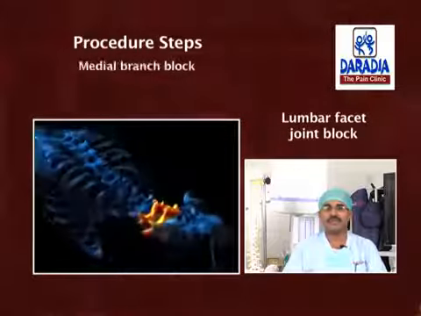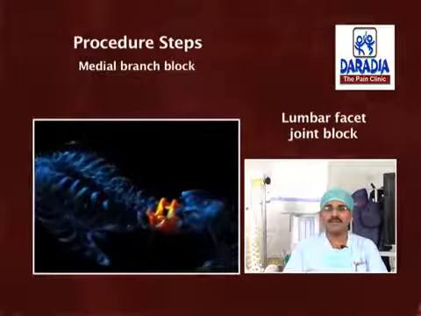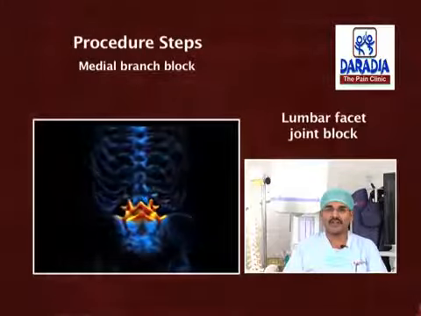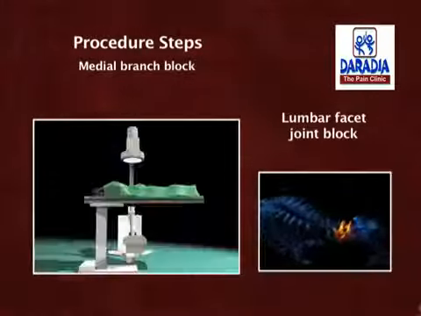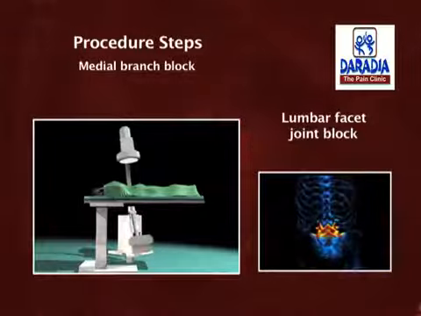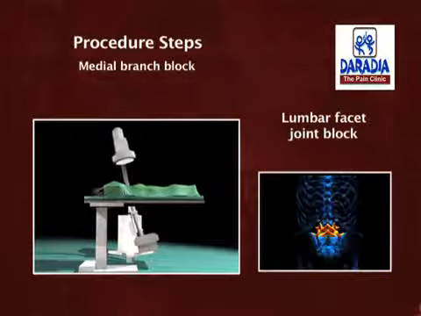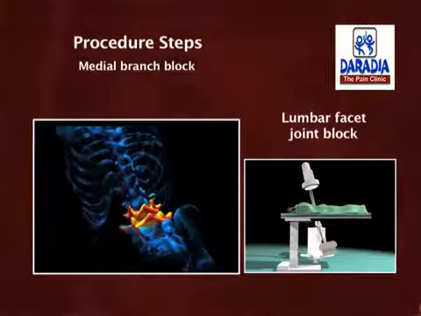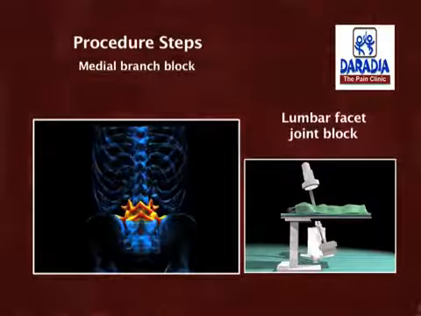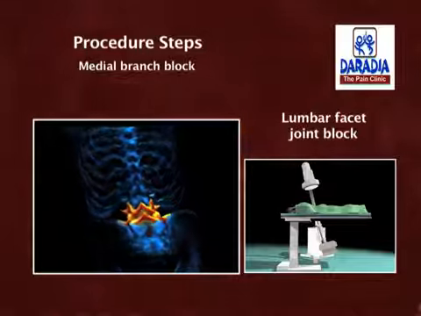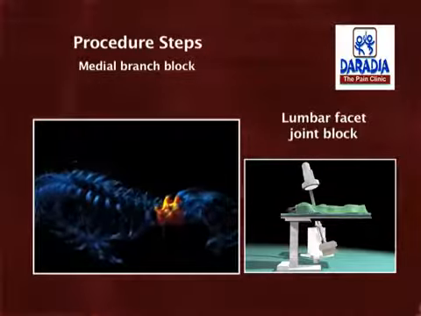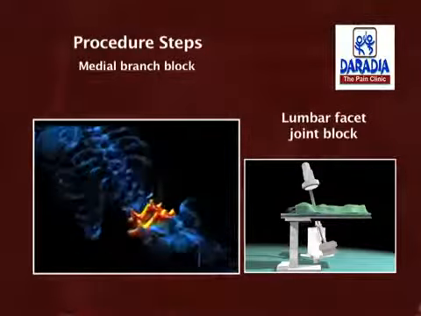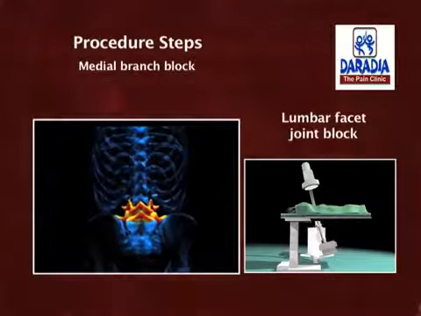Coming to the steps in medial branch block, the steps are the same as intra-articular facet joint block up to the squaring of the vertebra. Then you move the C-arm to ipsilateral oblique until your facet joint lies in the middle of the vertebral end plate. You identify the parts of the Scotty dog, because the ear of the dog is formed by the superior articular process, the head by the pedicle, the front leg by the inferior articular process, the neck by the pars interarticularis and the body by the lamina.